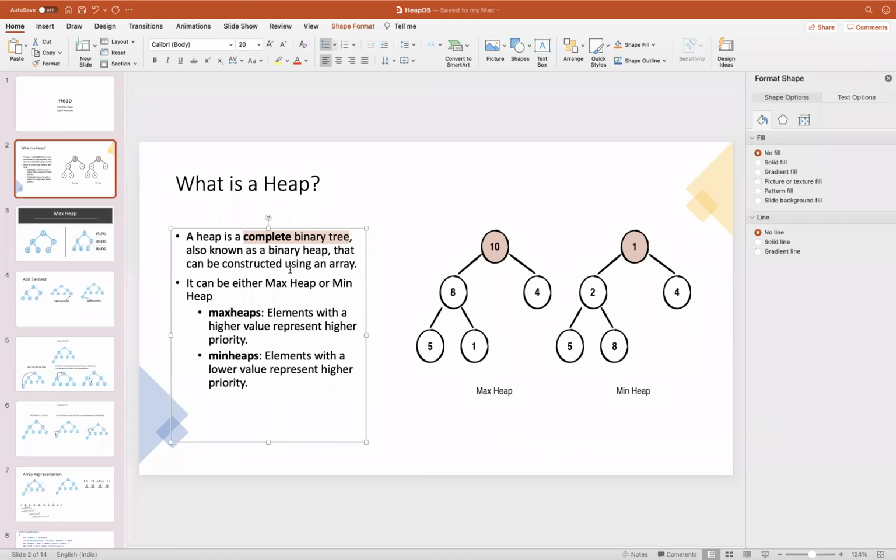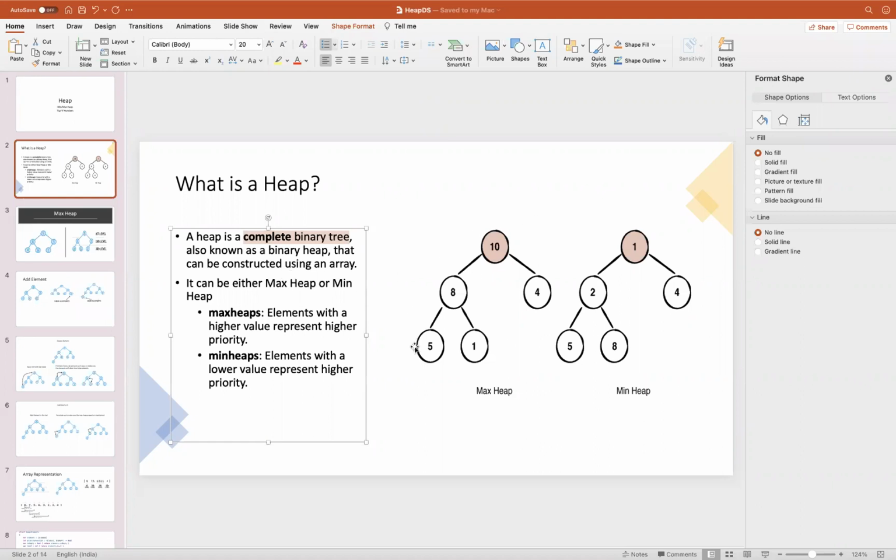As we have learned, maybe we have seen previously when you used a tree, we used a left pointer and a right pointer to build a binary tree. This heap is similar to a binary tree, but it doesn't use any left pointer or right pointer. How we are going to achieve that tree behavior, we will see in the further slides. But we need to understand that this is a complete binary tree.